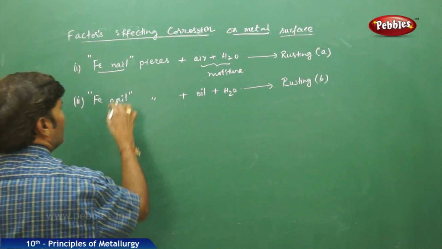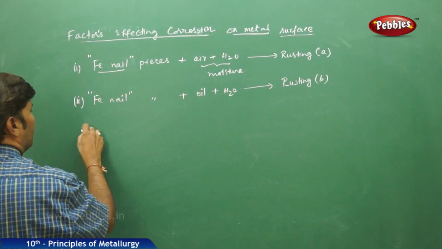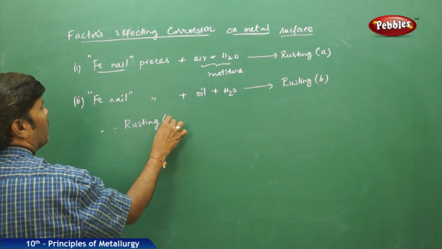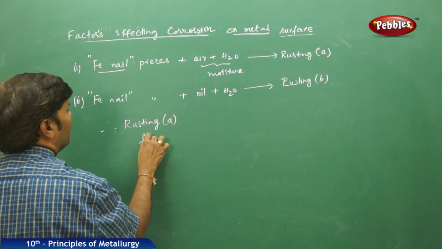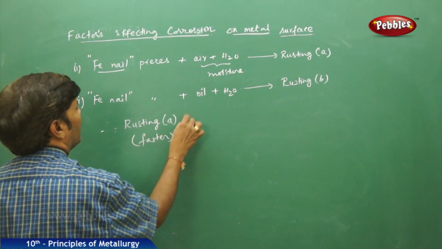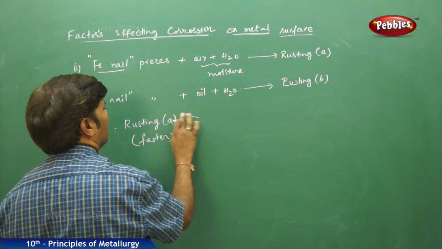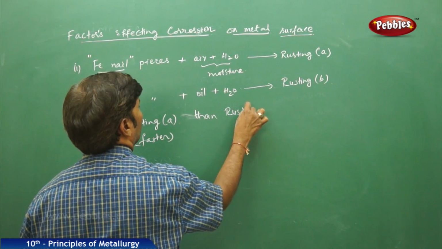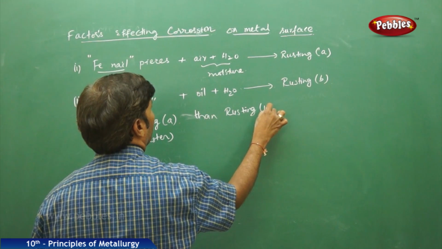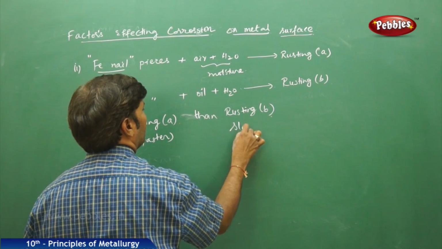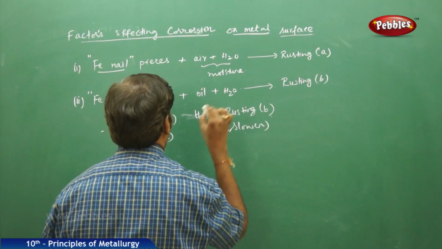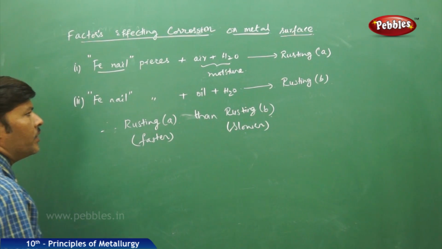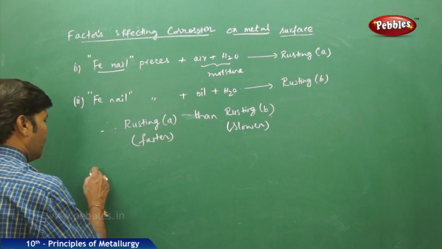Between these two you find that rusting in A is faster than rusting in B. That is, in B it is slower. So from this observation, if you go to the mechanism: